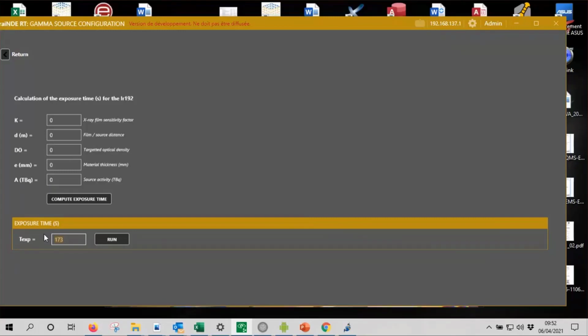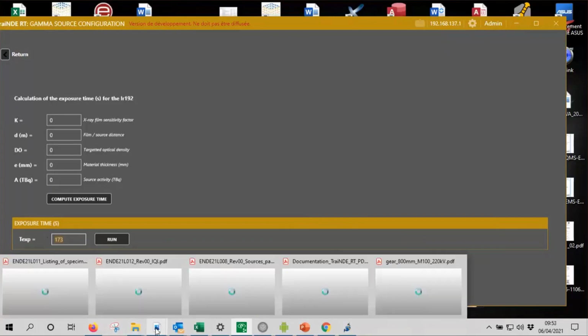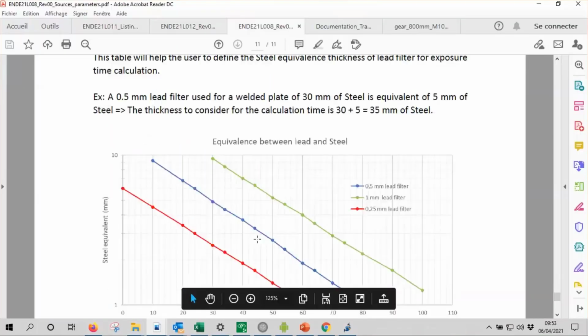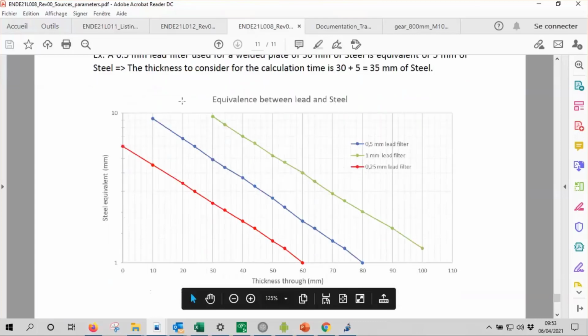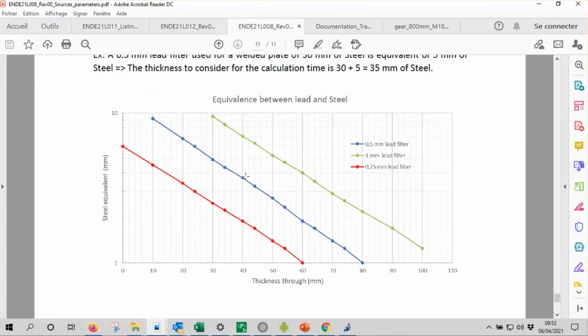So we provide an exposure table. It's here for the calibration, the equivalence between the lead and the steel. So here, if we have different thicknesses, 40 millimeter for example, you can see that if you have a 0.5 millimeter lead filter, you need to add equivalent steel to have the correct exposure time.